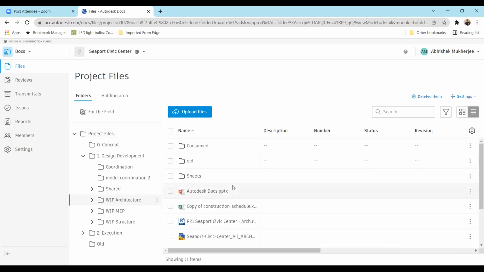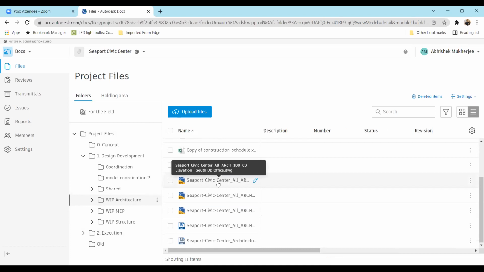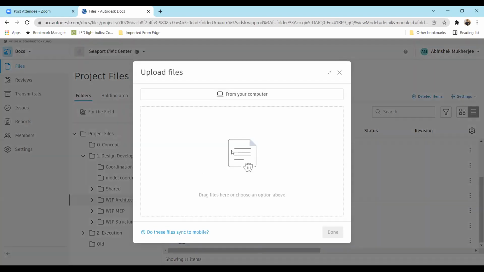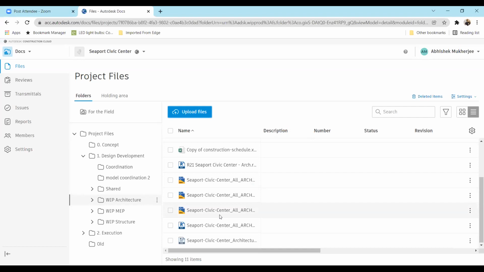So in work in progress architecture, I have a lot of files over here. This is a CAD file. This will open up without having software in your system, that is without having AutoCAD in your system. I can open a Revit project as well. I can open an Excel file, make changes to it, save it back again. But the Revit and the AutoCAD files which are there, I need to just upload them either by dragging and dropping, that is one way of uploading, or I can just click on upload files and it will take me to a path and folder where I can choose from my computer. So this is the process by which we have uploaded files.